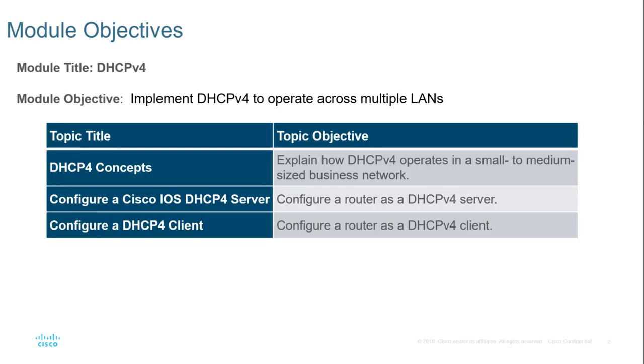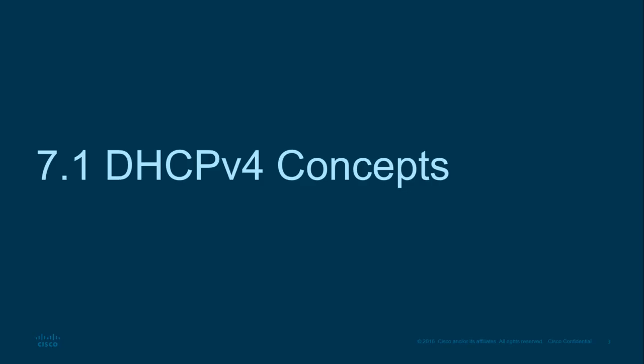Within this module, we're going to look at actually 3 areas: the concept of DHCP version 4, and then configure Cisco IOS DHCP version 4 server, and then configure DHCP version 4 client. So the concept: